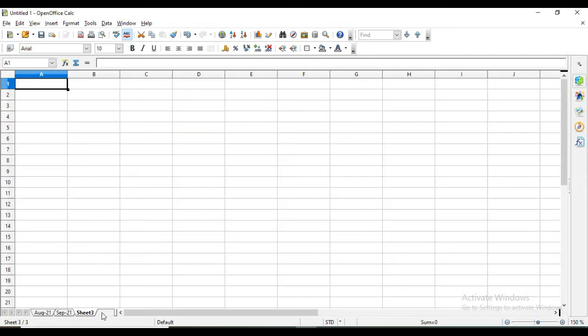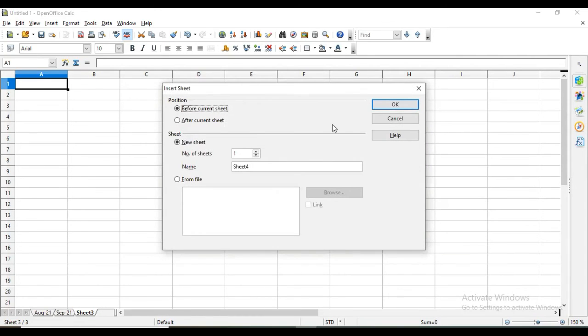I can insert more worksheets also by right click here and insert worksheet. Now it will ask you whether you want it before sheet number 3 or after that. So click on after. And here you choose how many worksheets you want, for example, 2.